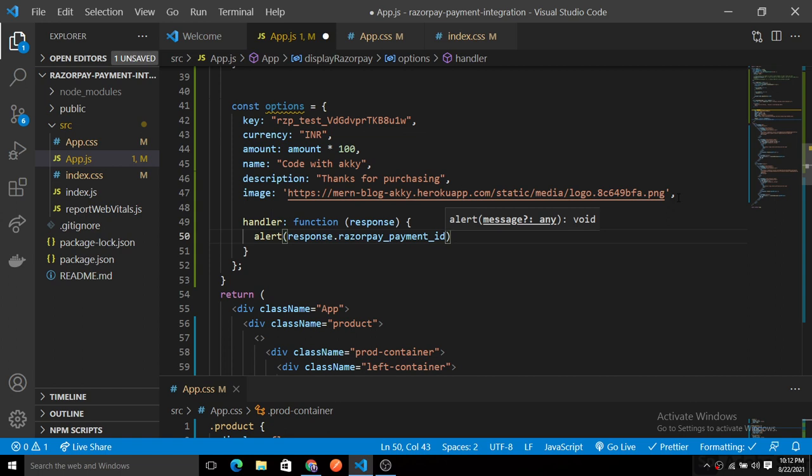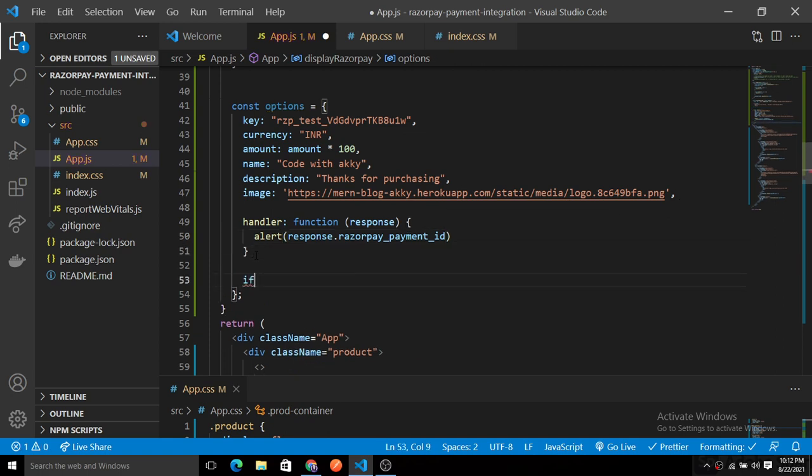So you can simply get these things also there. Okay, so if you get this response from Razorpay, like when you get this payment ID directly from Razorpay, right?